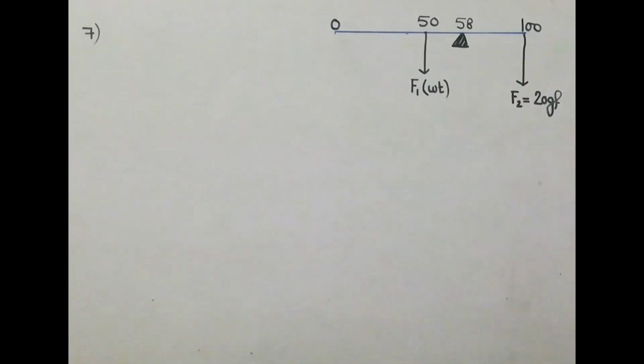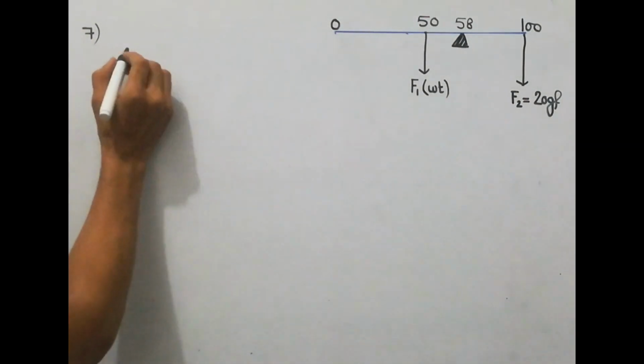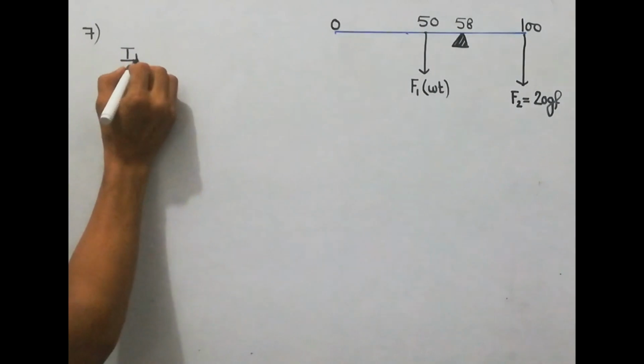F1, the weight of the scale, was producing anti-clockwise moment, so we have to place F2 in such a way that it produces clockwise moment. Now as the question says that F2 is to be placed at one end, we have only two ends, left end and right end, and we know that on the left hand we cannot place it, otherwise the two forces will produce the same moment. So we will be marking that F2 on the right end. Now we have the scale in balanced position as the question says. So this scale is in equilibrium.